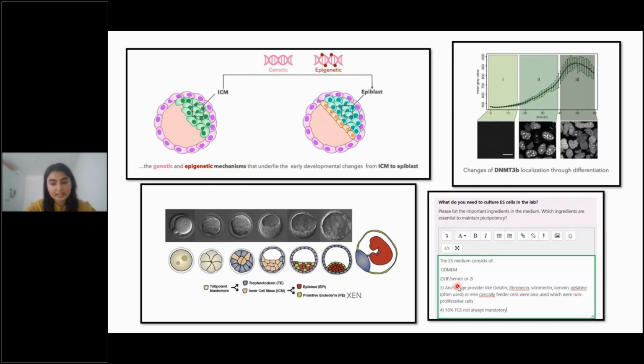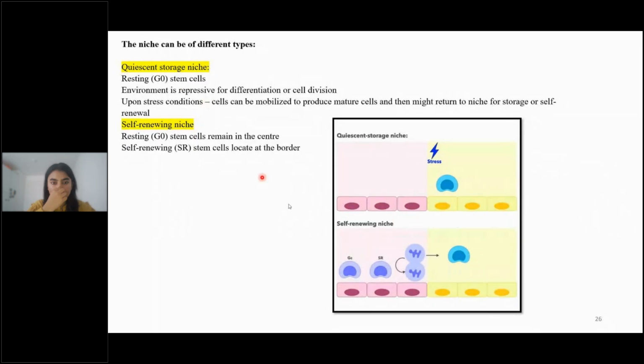Then we need anchorage. As I said, the cells need to attach, right? So when we take a new plate out of a bag, we pour some gelatin over it and keep the gelatin for 20 minutes. After it's done, we take out the gelatin. Now when we put the cells on, they can go and attach to the gelatin. So the gelatin is important. We basically use it in the lab.